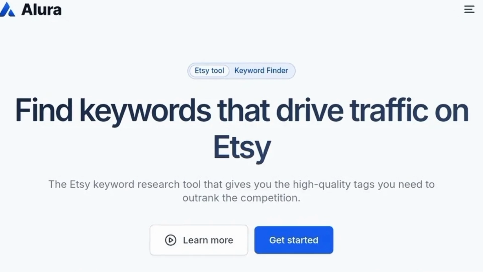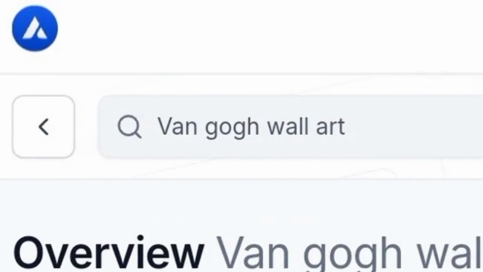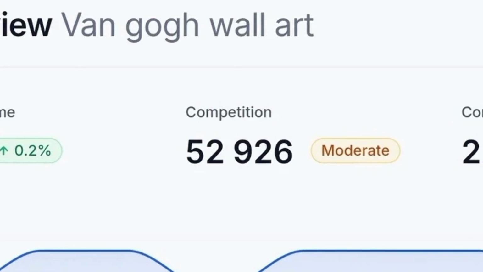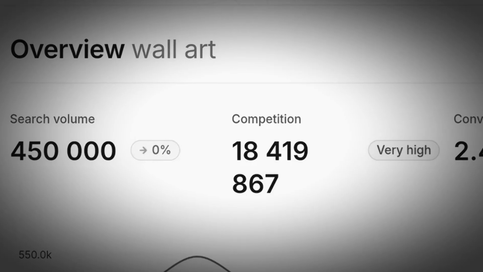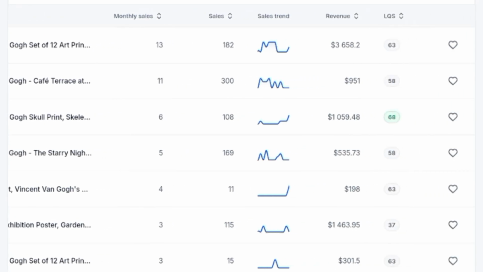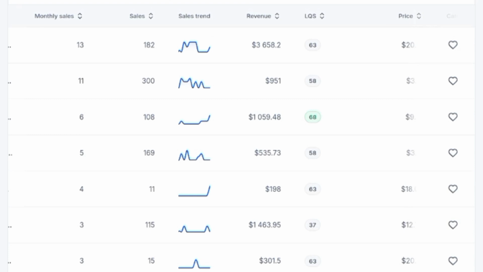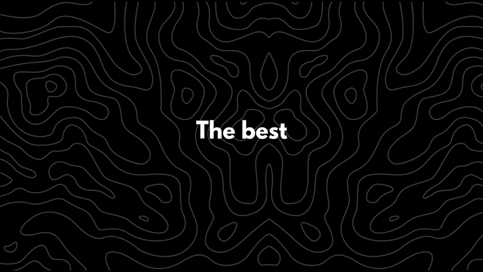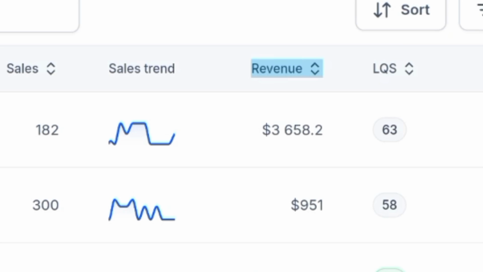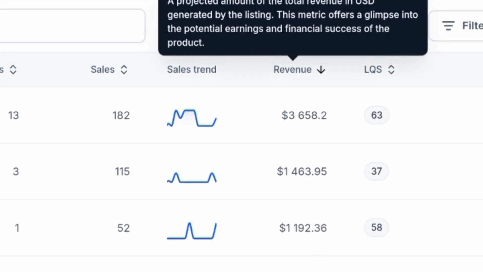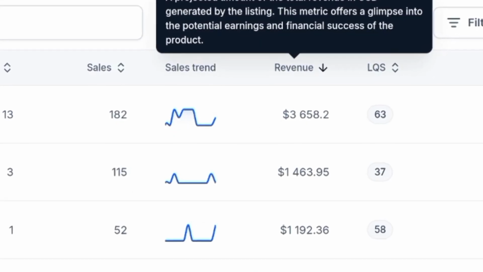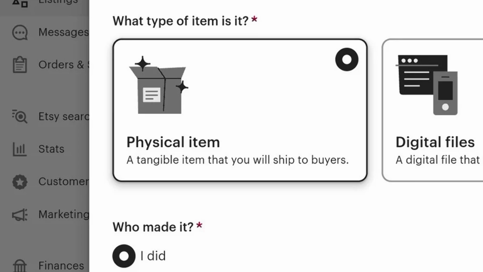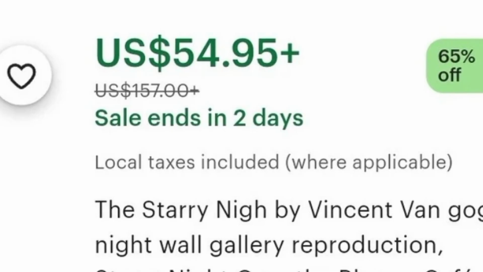Since I couldn't view the revenue performance directly on Etsy, I used the Alura keyword research tool to search for Gogh wall art. I discovered that the competition in this soft niche was significantly lower than searching for wall art. Alura also allowed me to browse top performing designs in this niche along with their monthly and total revenue. To identify the best performing designs, I usually click this arrow to sort by highest revenue to find those still performing well consistently. To create these designs, we focus on selling them as physical products because physical products can be